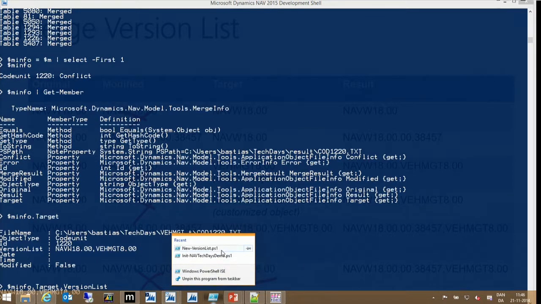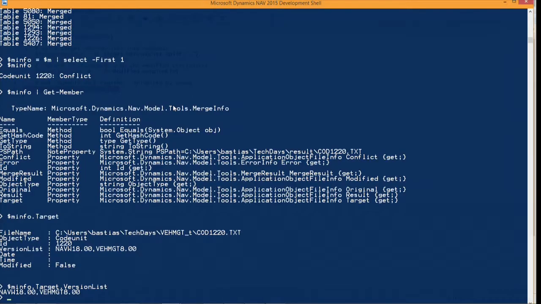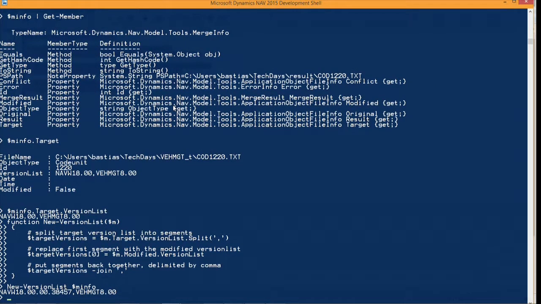So there is a small script that can do it for this case, and I built it before. It's basically a 3-line script. It takes one of these merge info objects, and then it splits the target version list on the comma to get each of the segments. Then it replaces the first part of that with the one that we got from Microsoft. And finally, we put it back together again on a comma and return it. So if I pull this into my session, and I apply this to our merge info object, now the first part is updated. So now I can apply this to all